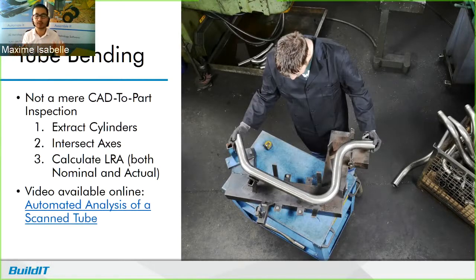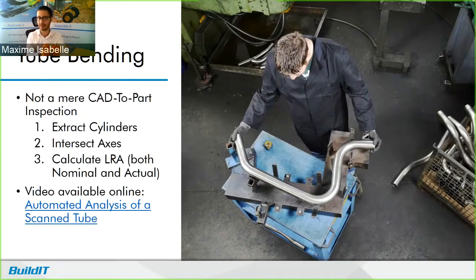Somebody who's already familiar with BuildIT doesn't need to go elsewhere, they just run the process, and it goes through the steps of first extracting the cylinders from the point cloud, and then getting the axes of these cylinders. Then you intersect these axes, and these intersection points are what you use to calculate the LRA, which stands for length, radius, angle, a specific way to describe a tube. And you need to do that both for the